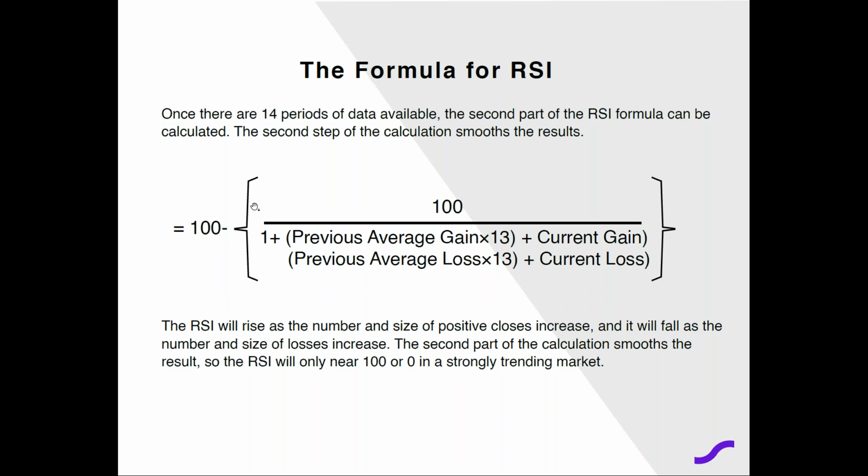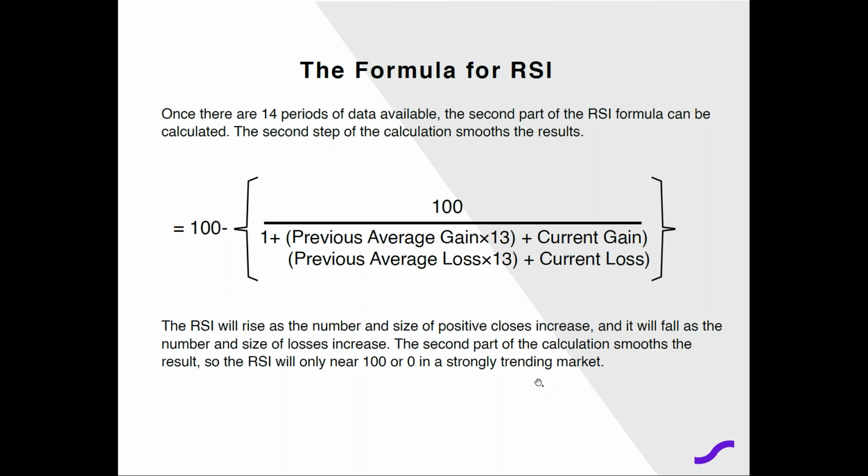that occur in the RSI. So once there's a 14-day period of data available, the second part of the RSI formula can be calculated. The second step of the calculation basically smooths out the result. So it smooths out your RSI as well, meaning that you won't have too many sharp edges of those highs and lows. This formula is similar to the top one that we just did. The only difference is now you're calculating with a 13-day previous average gain times 13. This is again for a 14-period RSI, plus the current gain,